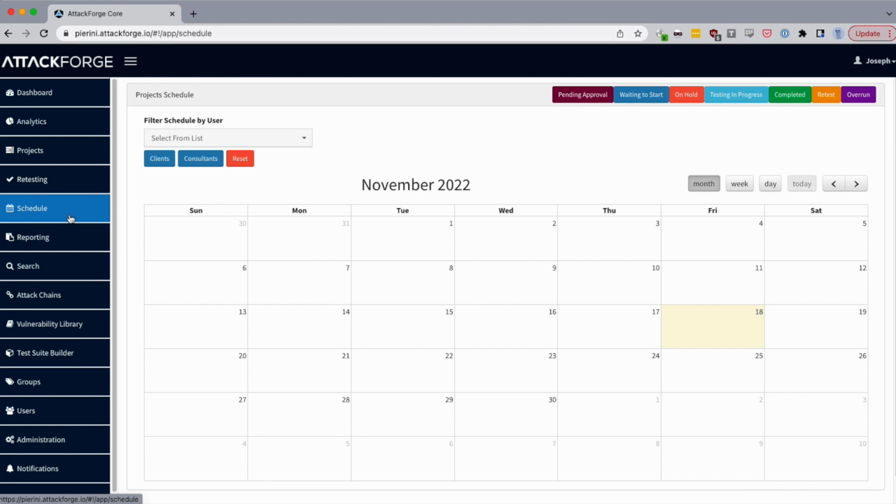Schedule. Oh, this is gorgeous. Okay, so I can get a client view, I can get a consultant view. There's only me in here, so there's not much of a list, but this would be beautiful for the project managers, again, to be able to see how much white space we have. Customers could log in, they could immediately see when their projects are starting, when they expect to be ending, who's on them. I really like this. This is a nice view.